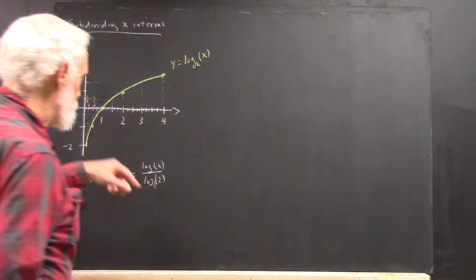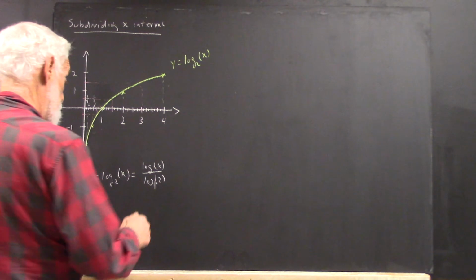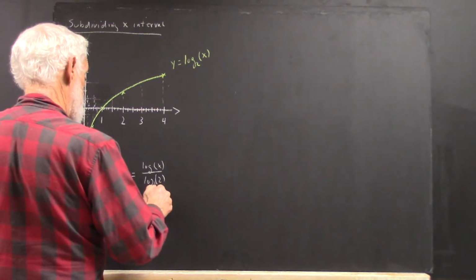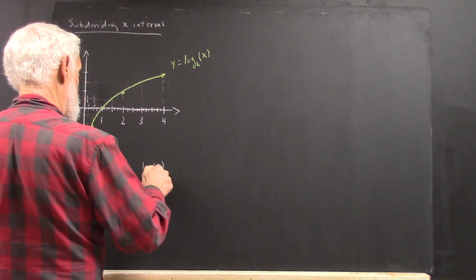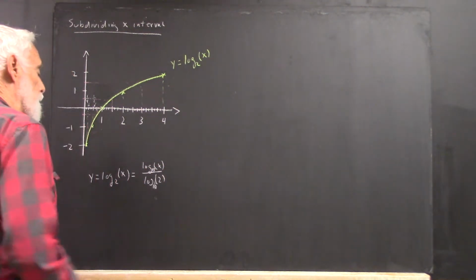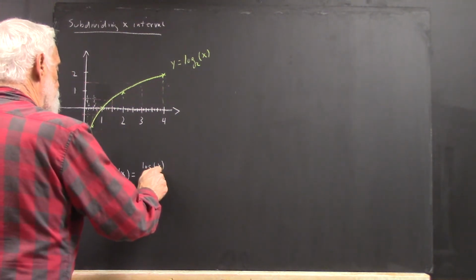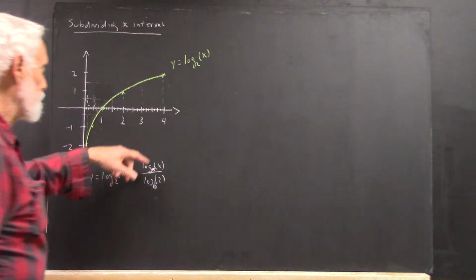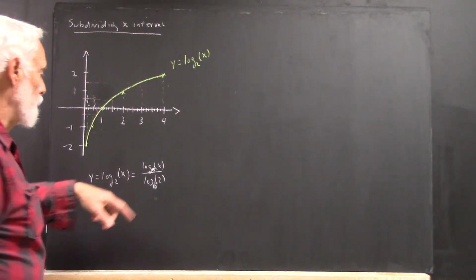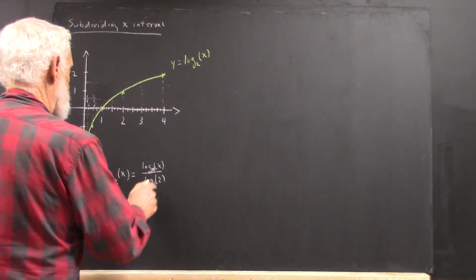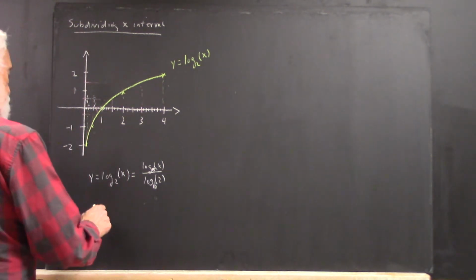I'm using the log, which is the base 10 log, so we don't have to write the 10 if we're doing the log, but I'm going to do it anyway. Okay, so we have log base 10, log base 2 of x equals log base 10 of x over log base 10 of 2, which tells us then that